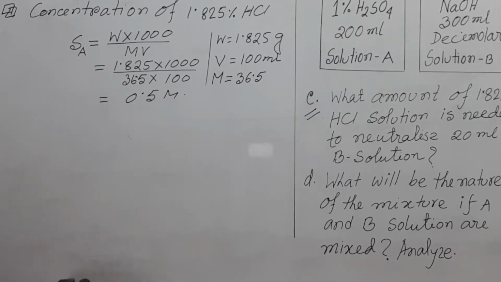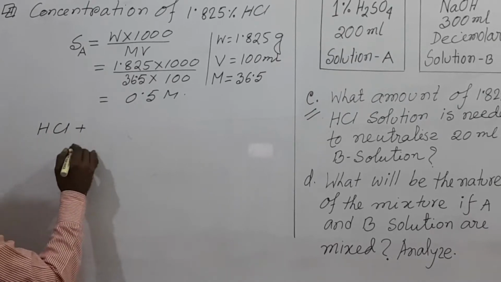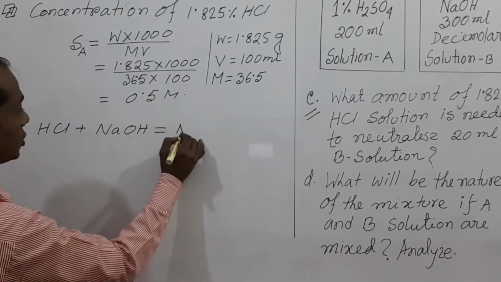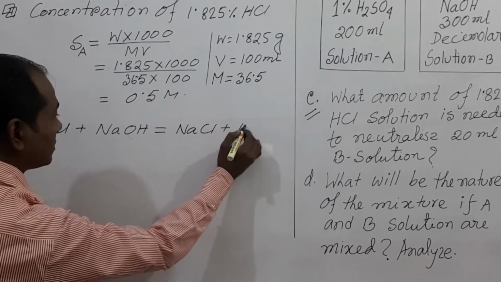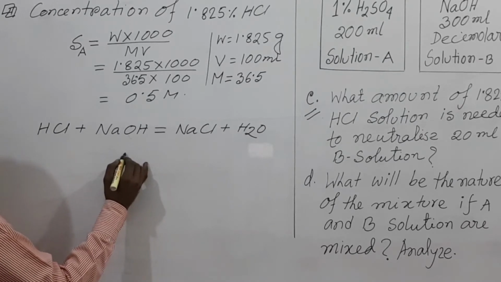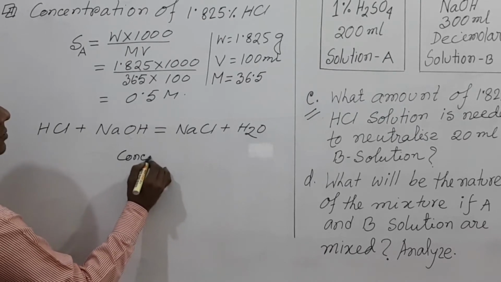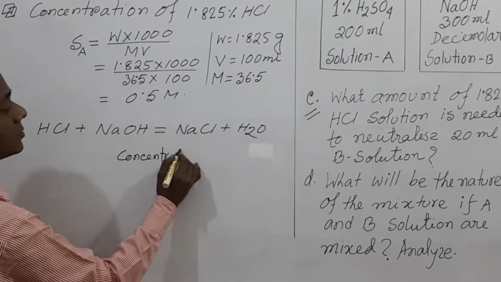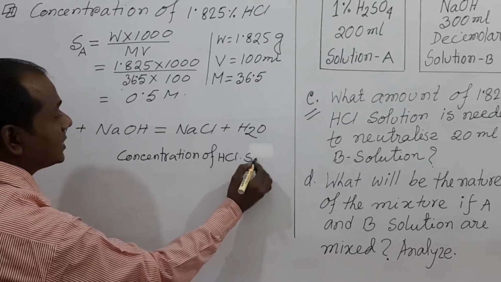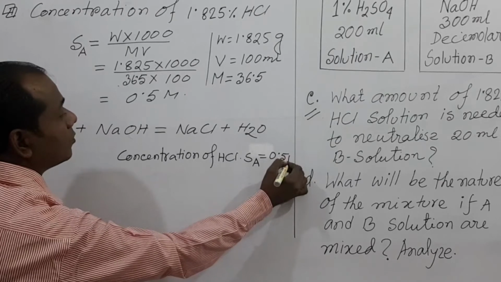Now, here the reaction occurs like this: HCl plus sodium hydroxide reacts and we get sodium chloride plus water. So the concentration of HCl, that is SA, equal to 0.5 molar,